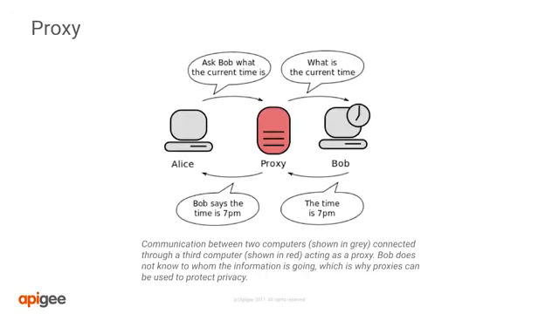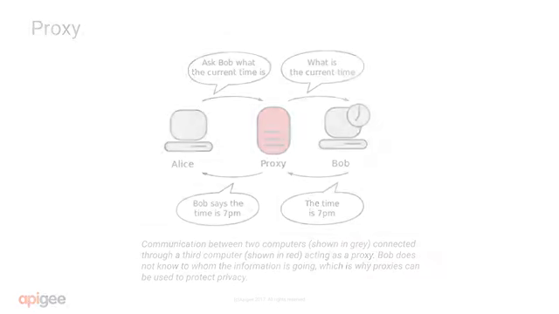Let's imagine Alice wants to get some information from Bob. In this example, Alice is the client and Bob is the server. Now, Alice can't talk directly to Bob, as Bob has a proxy server sitting in front of him. Alice asks the proxy server what the time is, and the proxy server then asks the same question of Bob. Now note that Bob doesn't know the request came from Alice. Bob answers, and the proxy server relays the answer onto Alice. Now note here too that Alice has no idea who or how the question was answered. She has no knowledge of Bob.